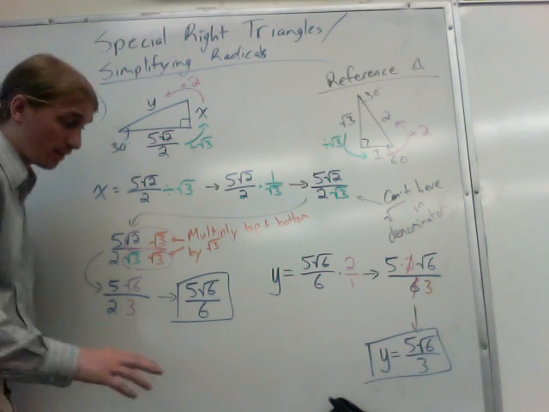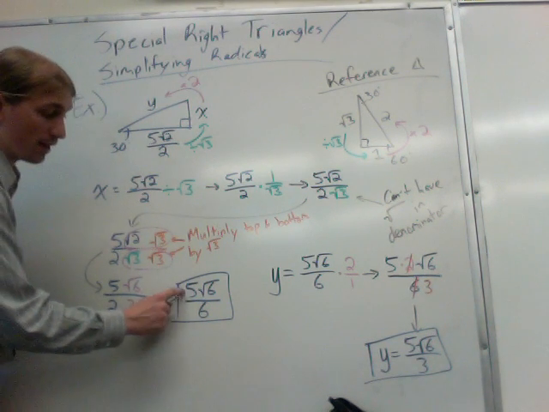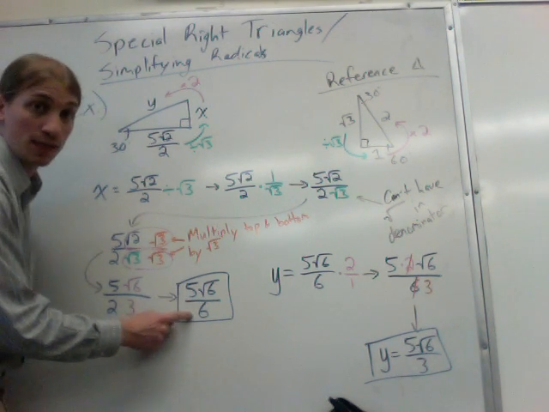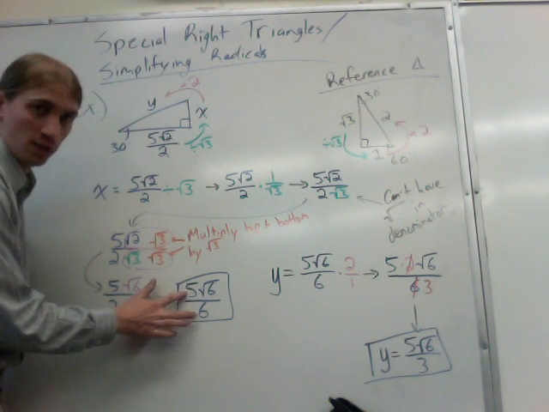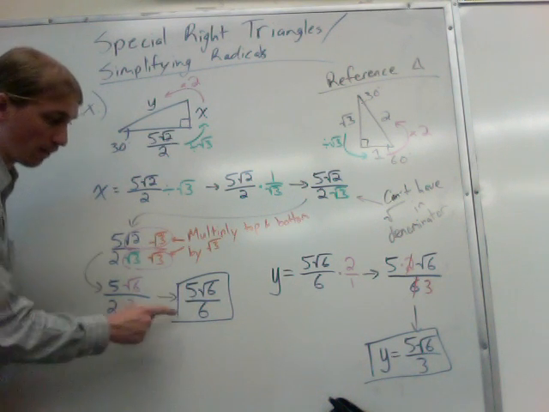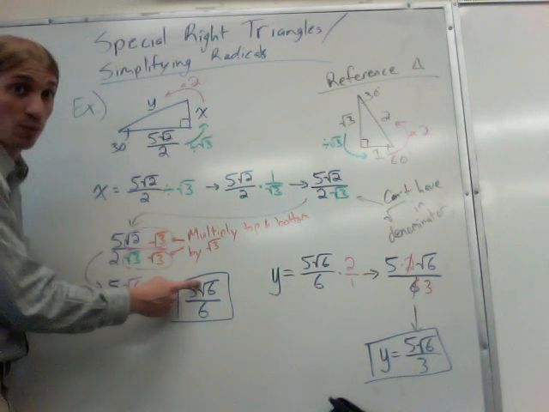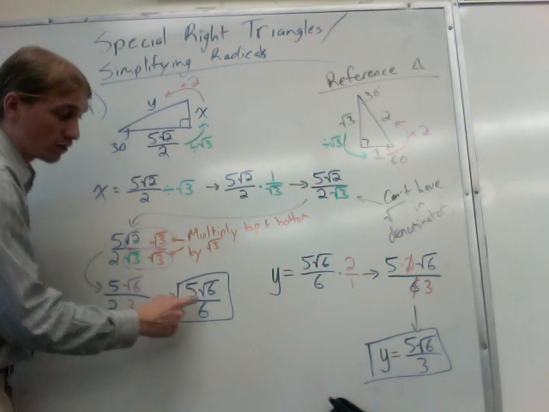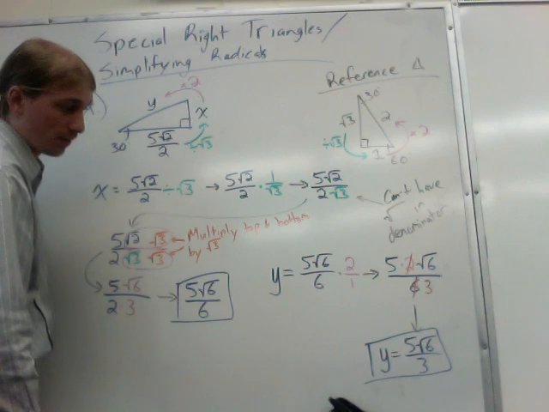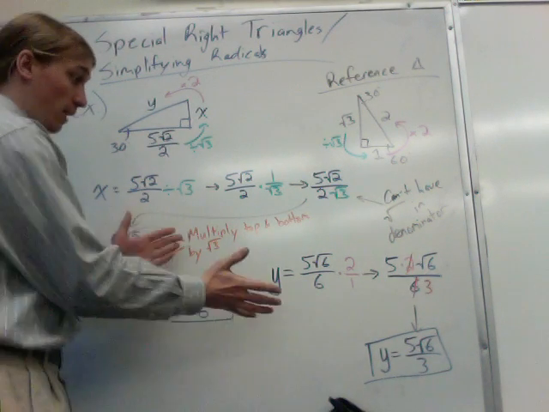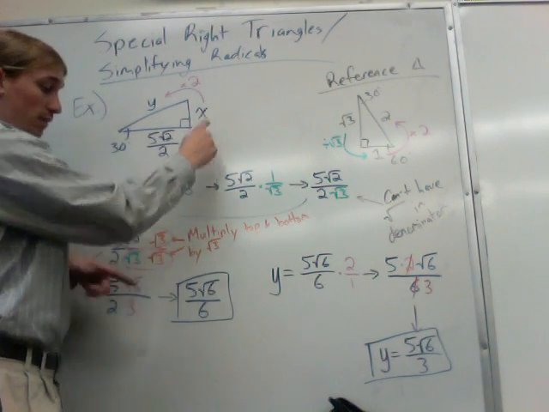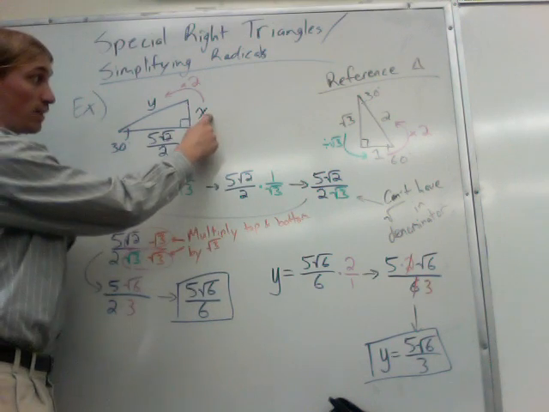Something to check that doesn't work out in this problem, but is there anything that goes into both of these integers here? And in this case, nothing goes into both 5 and 6, so we're good there. For this 6, note this is a square root 6, so it's not a regular 6, so we can't do any more simplification there. For the other part of the problem, once I know x is 5 square root 6 over 6,